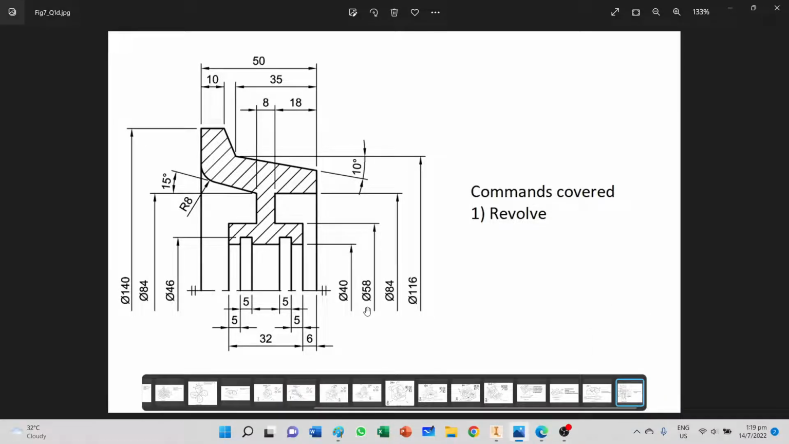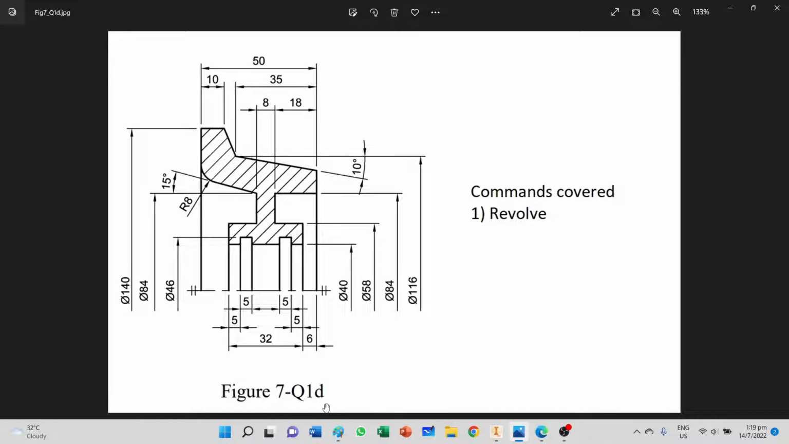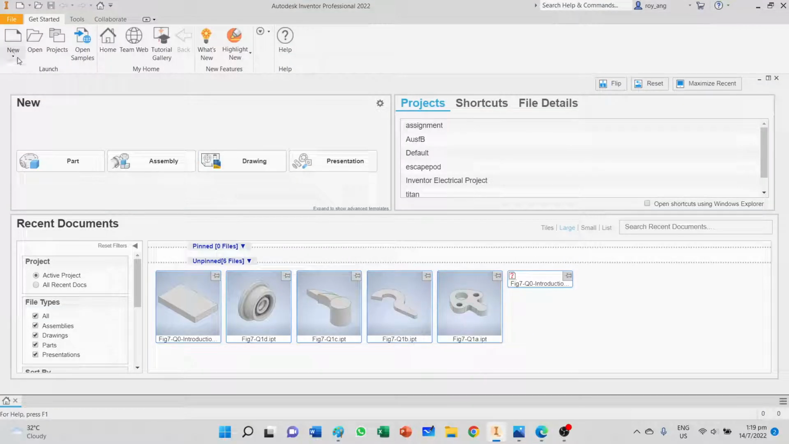Okay, we'll be handling figure 7 question 1d, and the objective of this exercise is actually to introduce you to the revolve command, right? And it is also a summary of how to use the sketch tools in the 2D sketch plane. Okay, this is a very good exercise and in how you can go about doing it, right? So without further ado, now